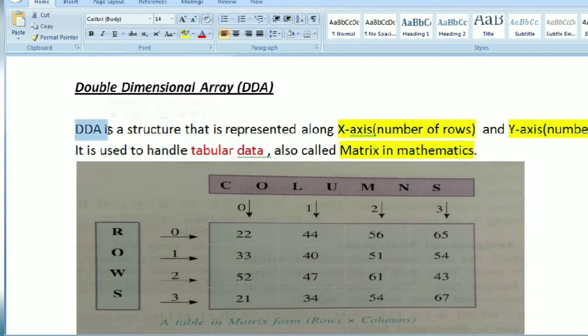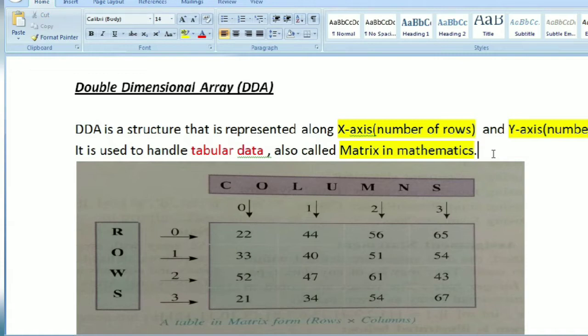A double dimensional array is a structure that is represented along the x-axis, that is the number of rows, and the y-axis, that is the number of columns. It is used to handle tabular data, also called a matrix in mathematics.